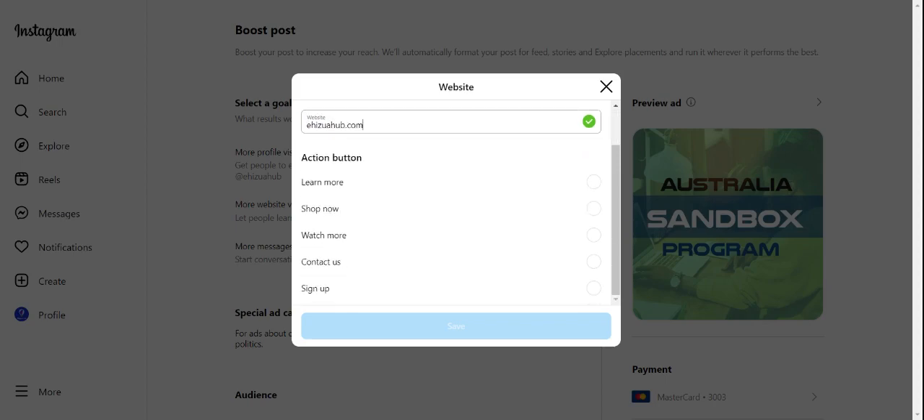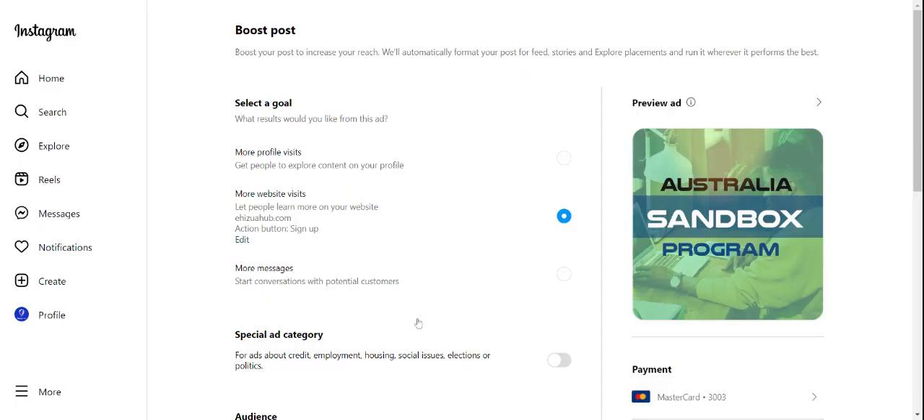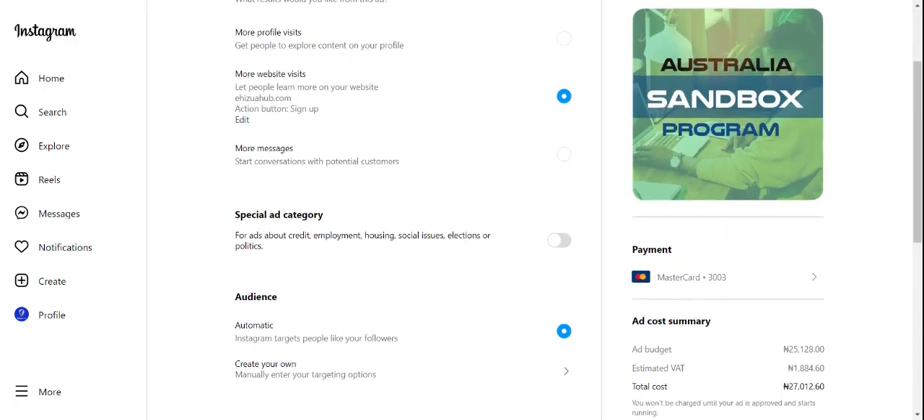I'm going to add the website link and the action button. You would also choose the action button, whether it will be learn more, shop now, watch more, contact us, or sign up. Whatever action button you want to use, that's what you will choose here. I'm going to say sign up because I want people to sign up for what I'm trying to promote. After you've set that, you can now